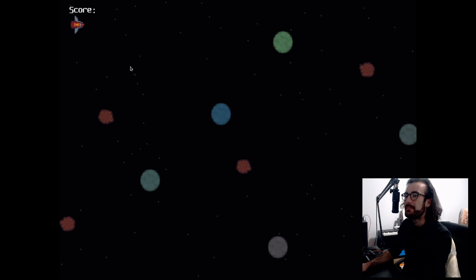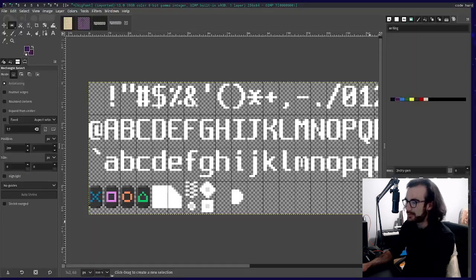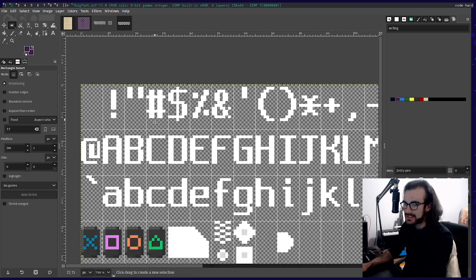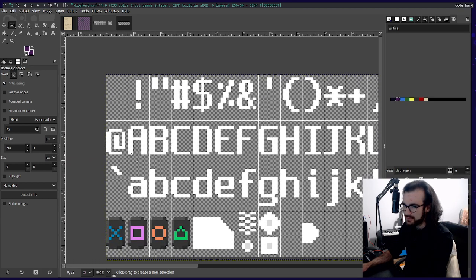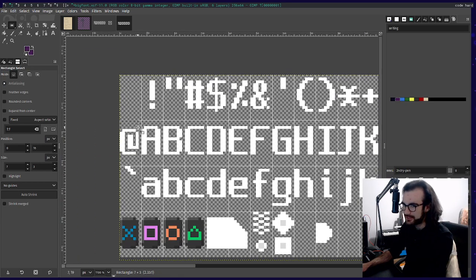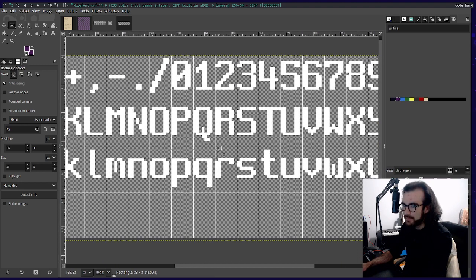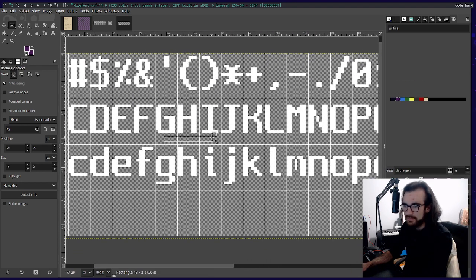It's not meant to, right? And this is because our font has been assembled very poorly. This is not how this font should be. So let's get a few things straight here. Okay, let's straighten this up.